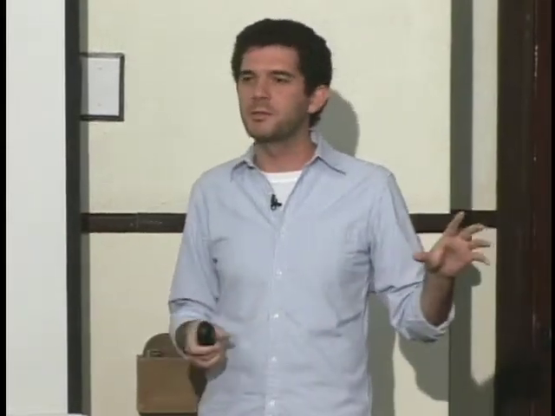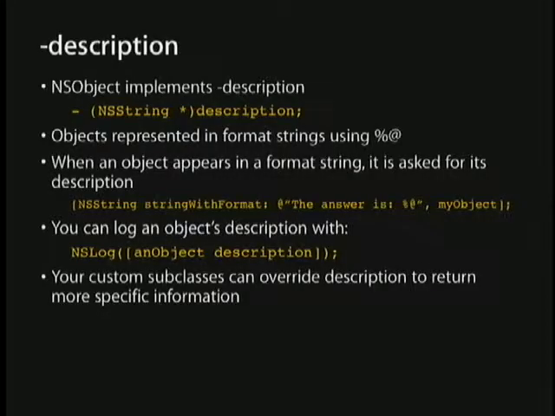Another method that every NSObject implements is the description method. The default implementation is not super exciting. It just returns the name of the object's class along with the pointer to the object. You can actually override this as well in your own subclasses and be more verbose, provide some more interesting description information. It's generally used as a debugging tool more than a user-facing tool. You usually wouldn't call description and present the result of that to the user, because generally it's not that interesting. The user probably doesn't care what the pointer to your object is. But it can be incredibly handy for debugging.